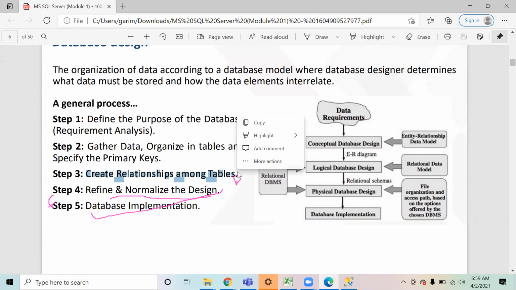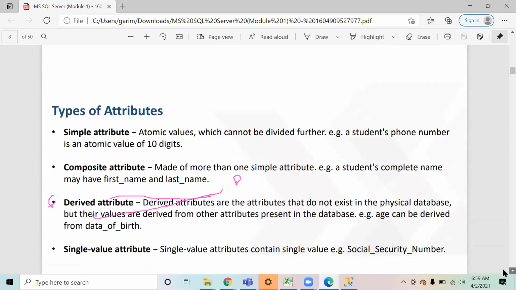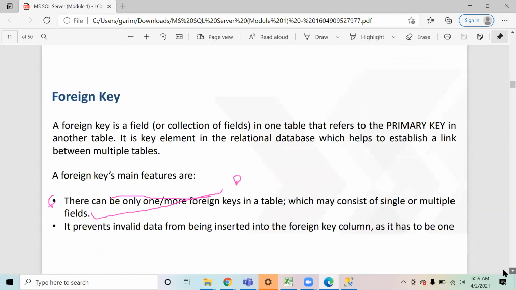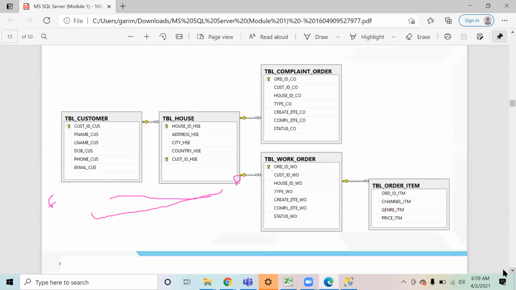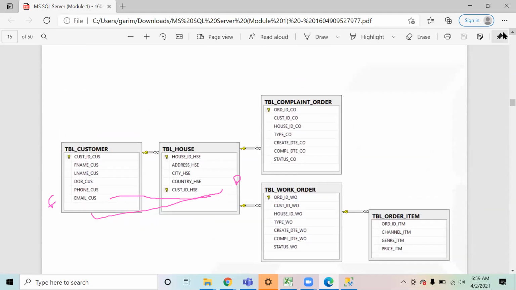That is how the relationships are created. So now, if I show you something back again, this is how an ER diagram looks like.